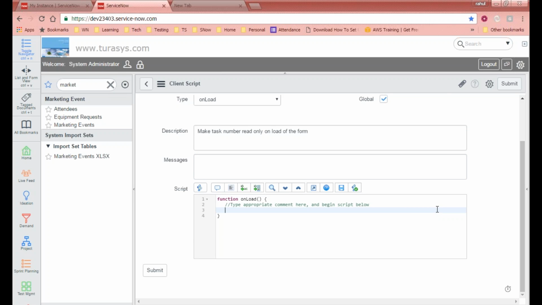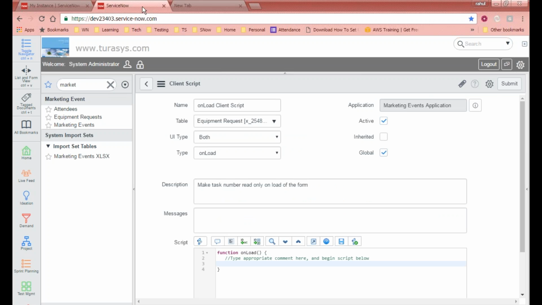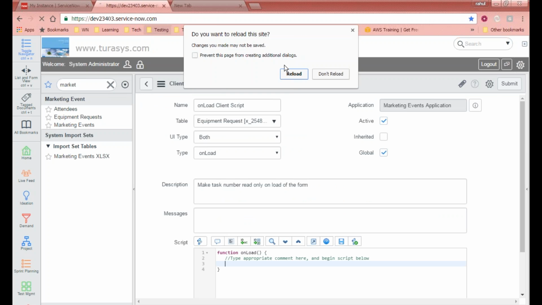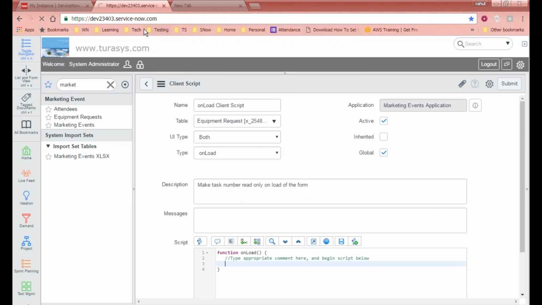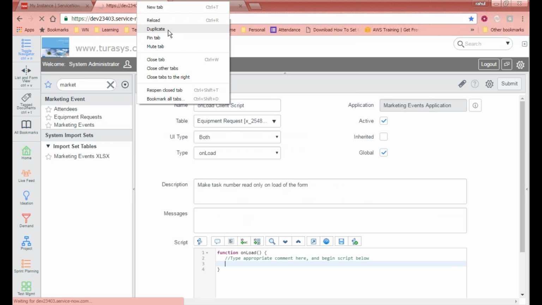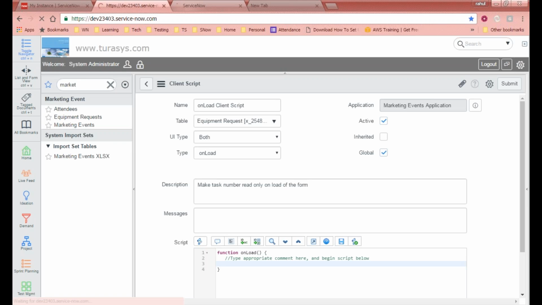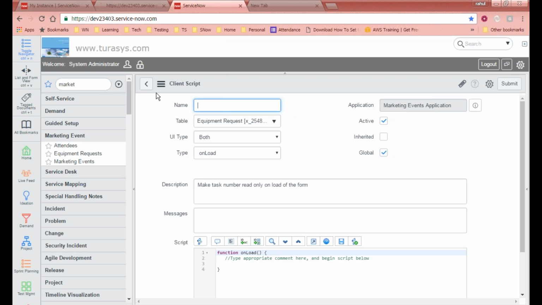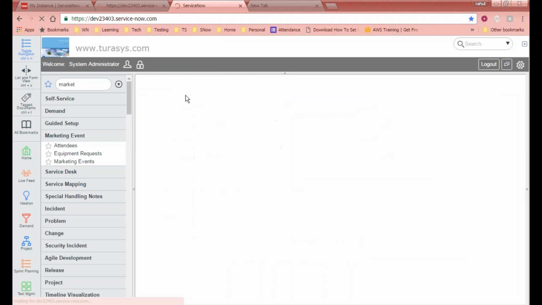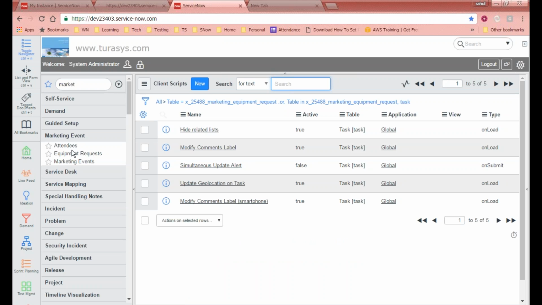Now here, a few things are to be noted by us: how do we get the value from the form, right? I know that on the form there is a field known as the number field. Now I want to get the value, whatever value has come there, from that number field into this script, right? How can we do that? So to do that,